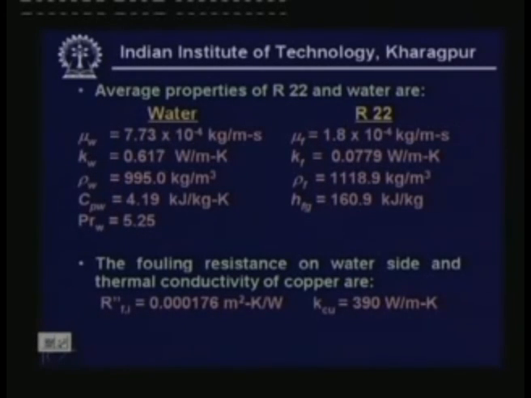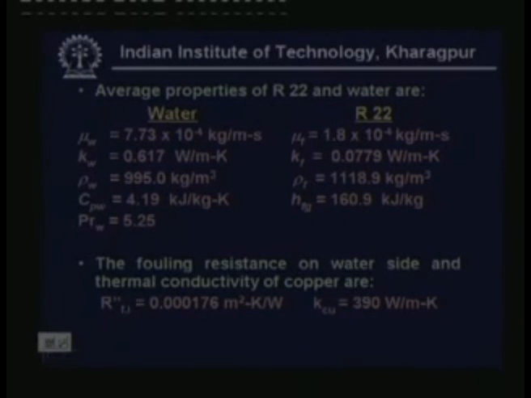And for R22, the average properties are viscosity 1.8 x 10^-4 kg/m s, thermal conductivity kf is 0.0779 W/m K, and density is 1118.9 kg/m³, and latent heat